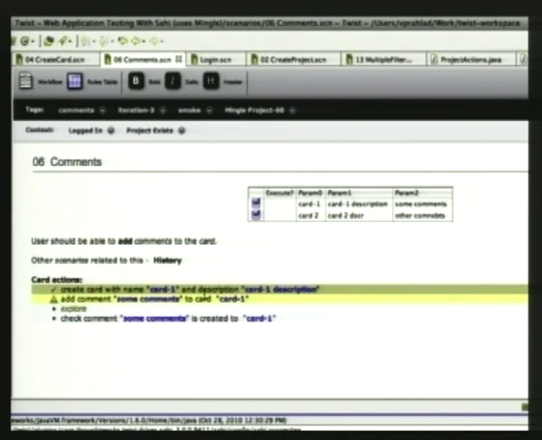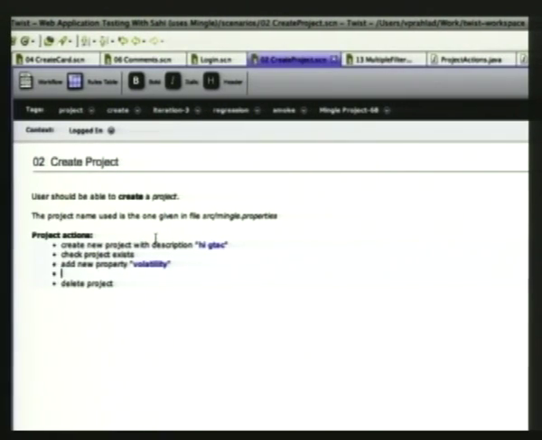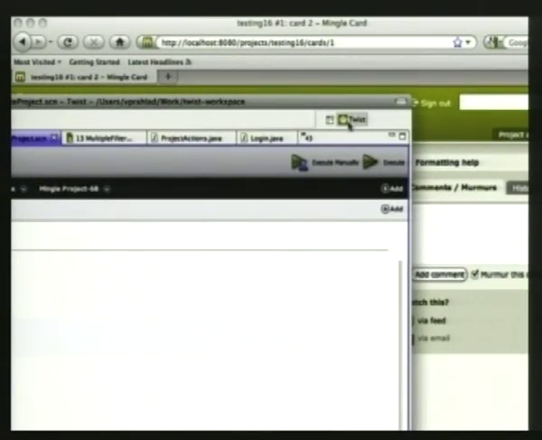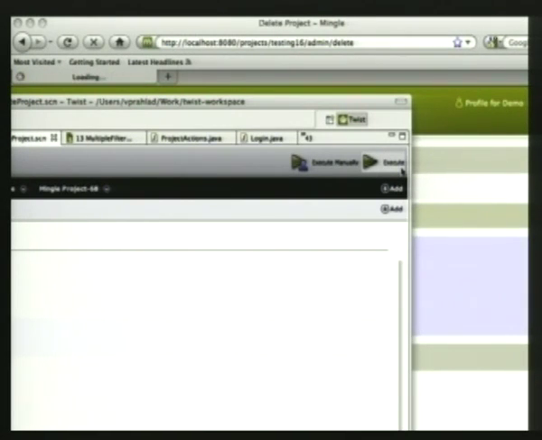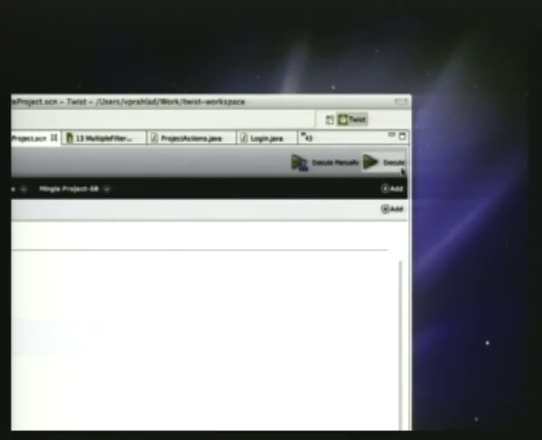Yep. One of the things that you'll notice is that there's this little execute manually button in there. One of the cool things that Twist allows you to do is to use what we call hybrid execution. So Twist allows you to run your manual tests as well as what we call hybrid tests. Some of you may know this as assisted exploratory testing. What it allows you to do is leverage the automation that you already have in order to do exploratory testing,